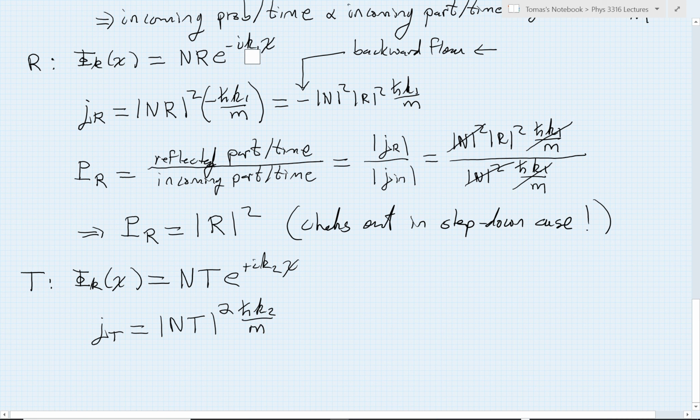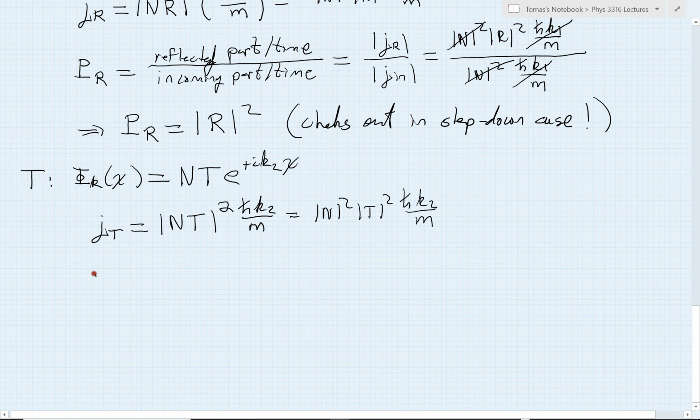Following again a train of logic, this gives me n squared t squared h bar k2 on m. And now I'm prepared to calculate the probability of transmission. And here's where things get a little bit more interesting. Once again, it would be the magnitude of the current that's transmitted versus the incoming current to give me the